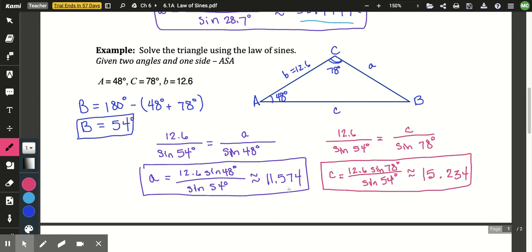And 48 and 54 degrees, so angle A and angle B, those are pretty close together. So the side lengths for side A and side B should be pretty close together as well. 11.5 and 12.6, that's pretty close. So these answers are reasonable. Now you try the next couple on angle